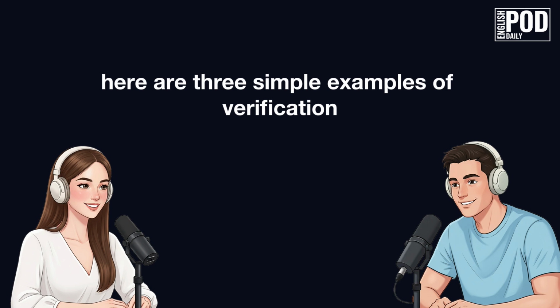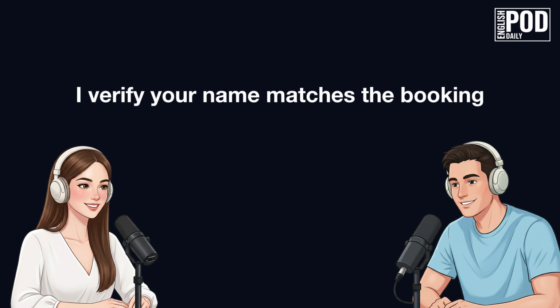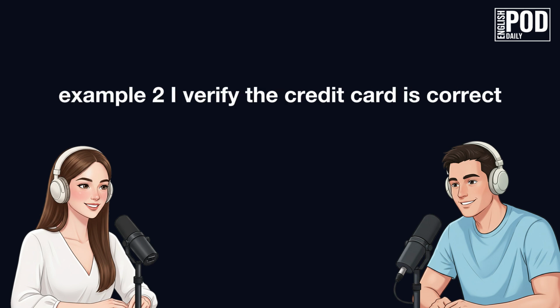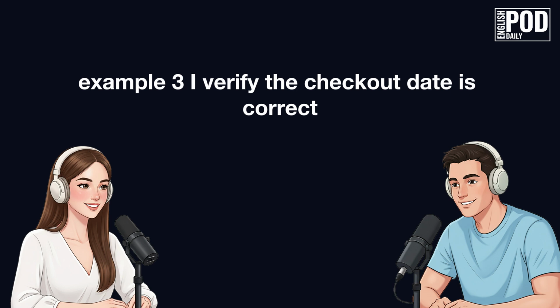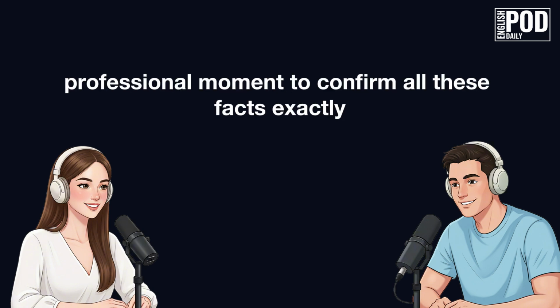Here are 3 simple examples of verification you might perform. Example 1. I verify your name matches the booking. Example 2. I verify the credit card is correct. Example 3. I verify the checkout date is correct. So when you say, "I just need to verify," you're really just asking for a brief professional moment to confirm